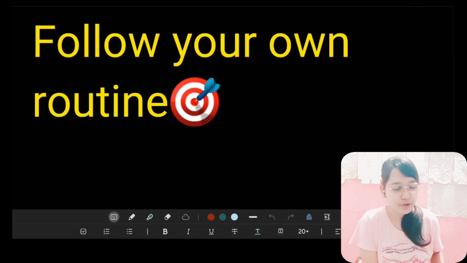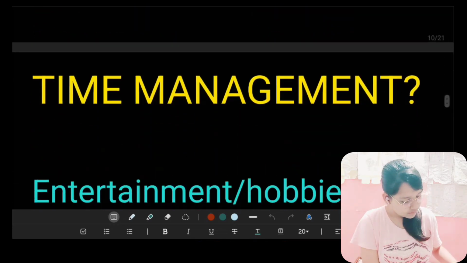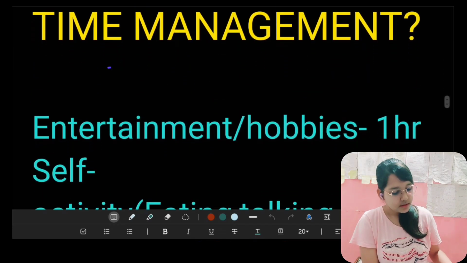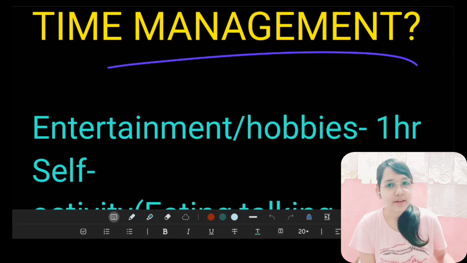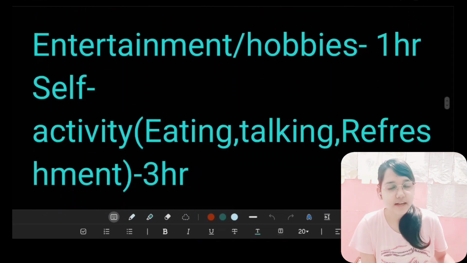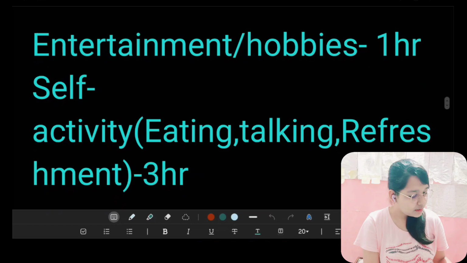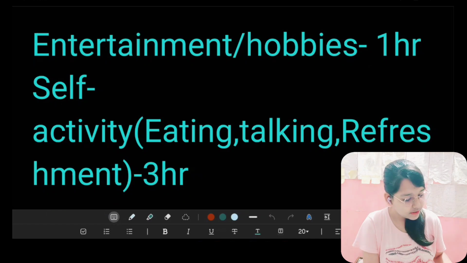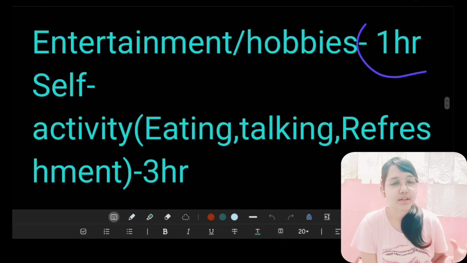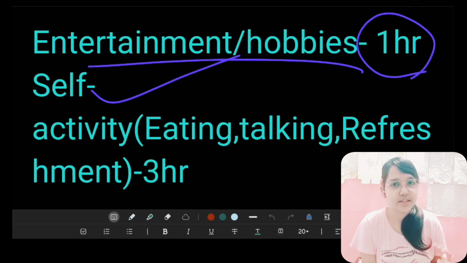Now let's talk about time management. One thing I wanted to tell you is you have to limit your entertainment and your hobbies, whatever you'd be doing, to 1 hour only. Keep a single hour for all those entertainment and hobbies, alright? Don't give more than 1 hour for it, because you are a medical aspirant, preparing for NEET 2025 or 2026. I think giving more than an hour for your entertainment puts you one step away from the competition. So 1 hour is enough.